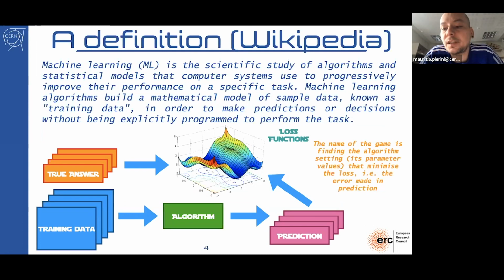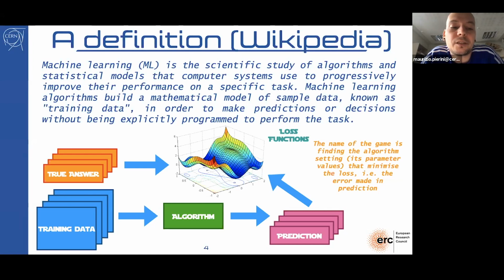This definition is taken from Wikipedia, and it's basically a very nice way of saying that rather than programming a computer to do something, machine learning is a way for an algorithm to adapt to a specific data set and learn from the data to find the solution, rather than coming to the solution through a pre-compiled set of rules. So the way this works is that you have